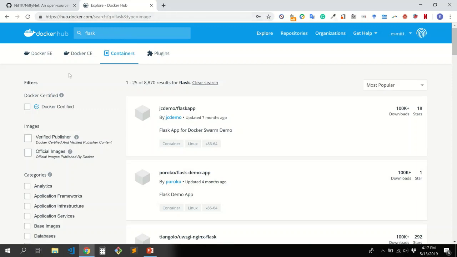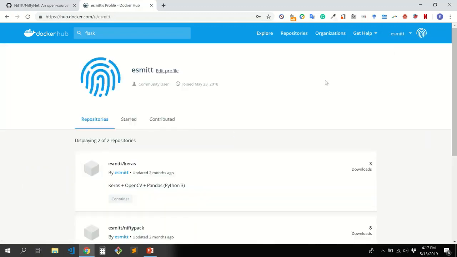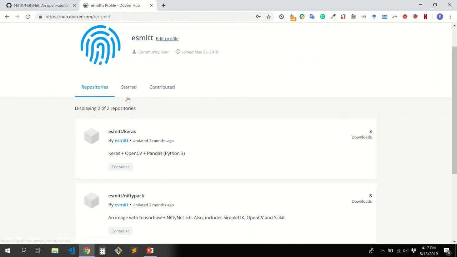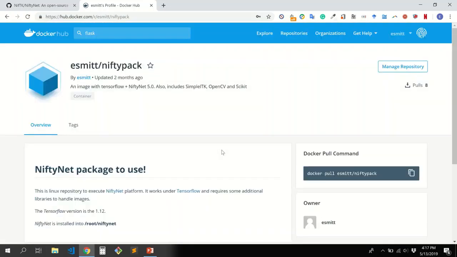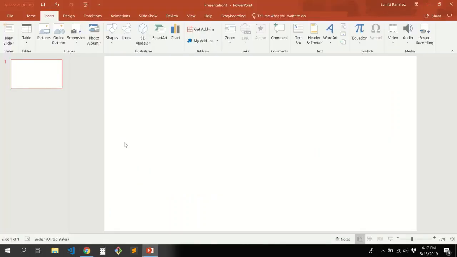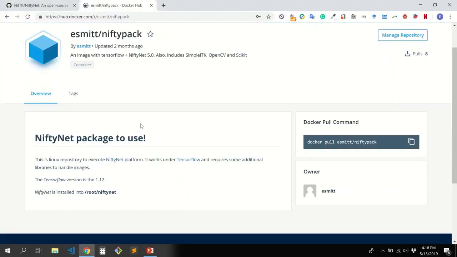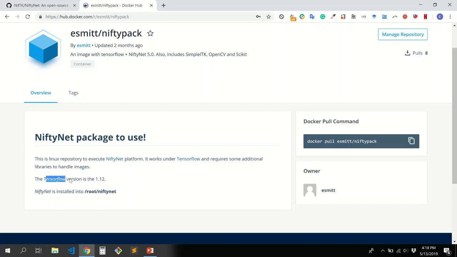Okay, when you create an account, you create a space. The space contains all your repository here and your contribution, well, it's the start on the profile that you want. So it's like GitHub, very basic in that sense. I have a couple of those with a Keras and NiftyPack. That is a NiftyNet that I create, and we will use this. Okay. Oh, sorry. In this one, I use TensorFlow in that version